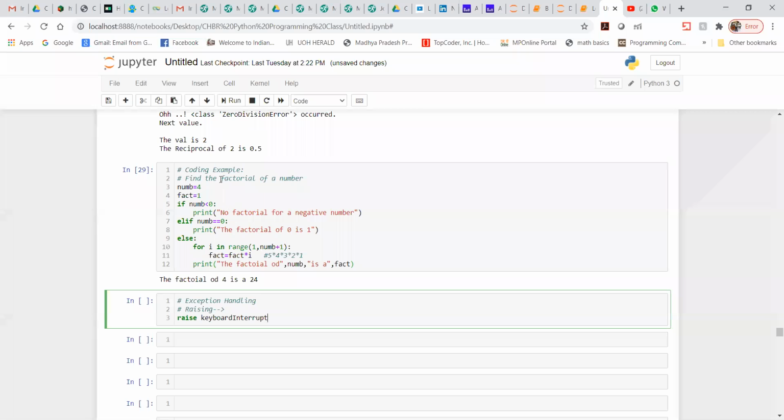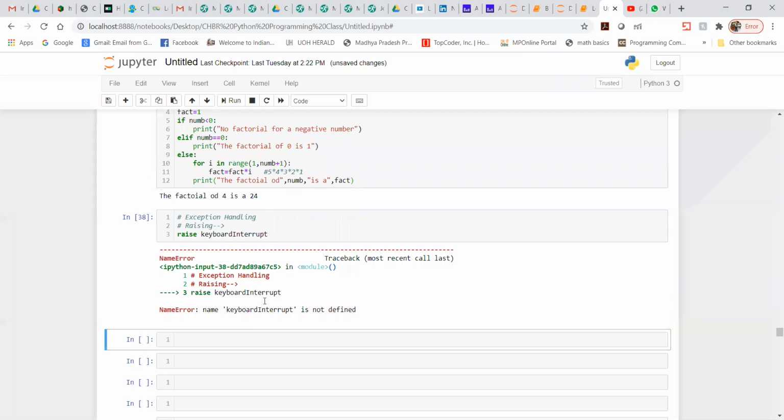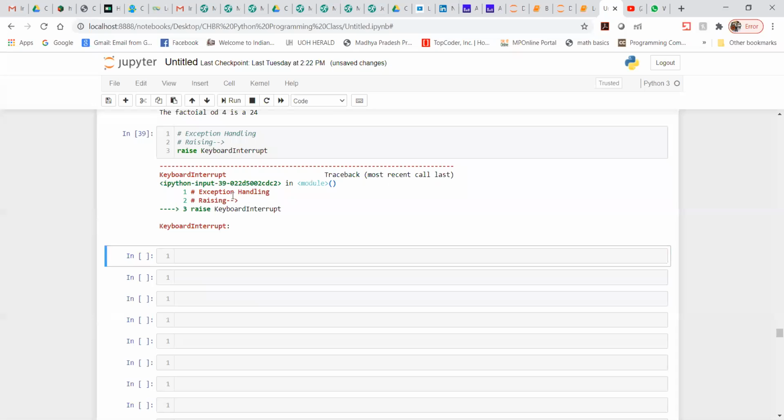Let me see whether this is the correct spelling or not. Here it is saying KeyboardInterrupt is wrong, which means you have to define it some other way, or maybe I made a spelling mistake. Now you can see it is printing KeyboardInterrupt. Same way, this is one sort of exception.